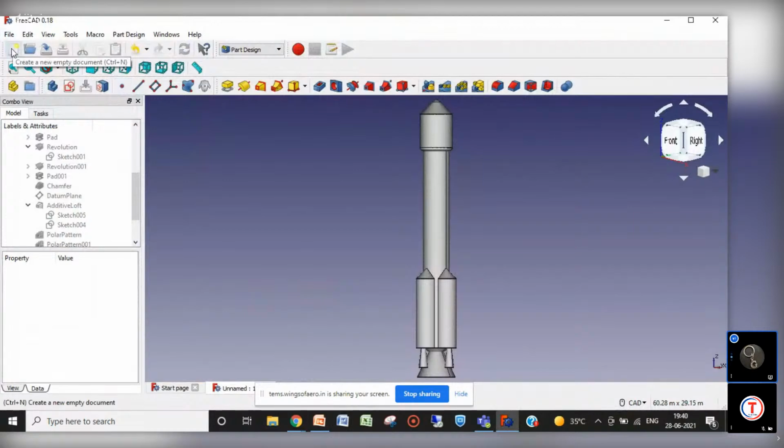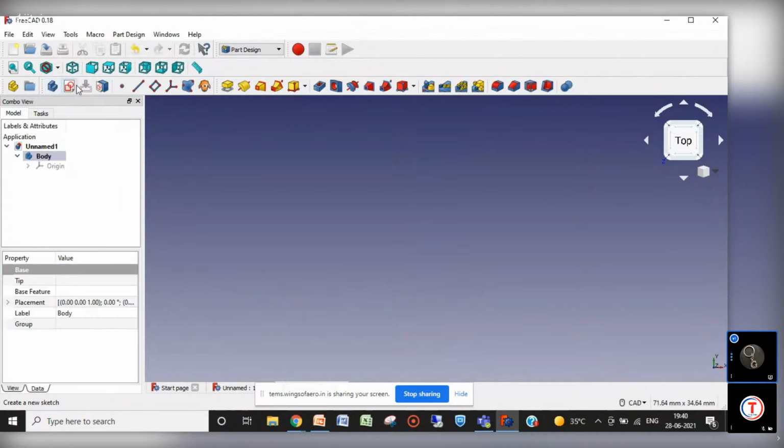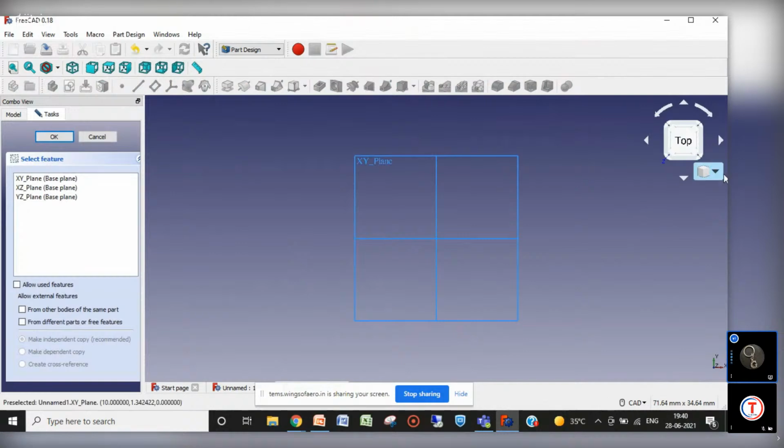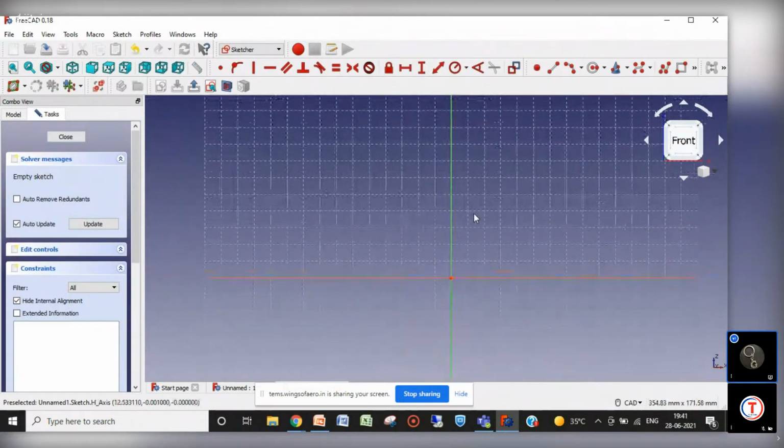Create a new project from here, or you can enter Control plus M. Part Design is already selected. Here we have create body. Create a new body and make it active. Then create sketch. For sketch, which plane do I need? I can use the ZX plane. This is the XZ plane and OK. Here I will make the PSLV, and for that I am not going to take any